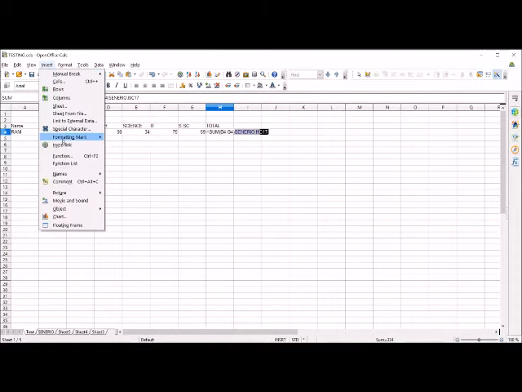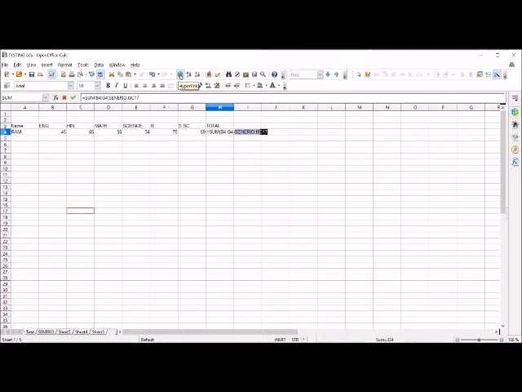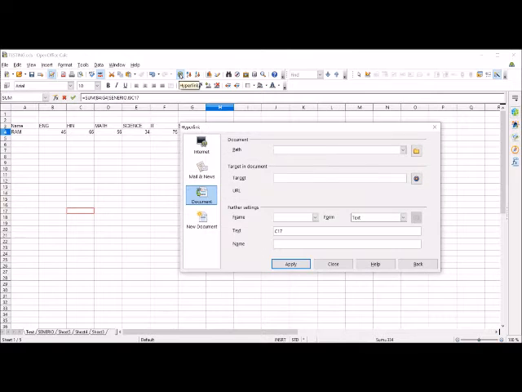So we will now see how we can link our worksheet in different ways. For this, we can either select the hyperlink option from the Insert menu, or we can click on this hyperlink icon which is available on the standard toolbar. So these are the 4 ways in which we can create a hyperlink in our spreadsheet.